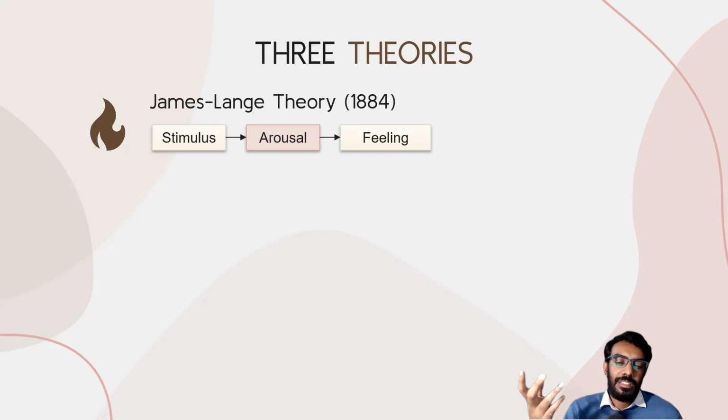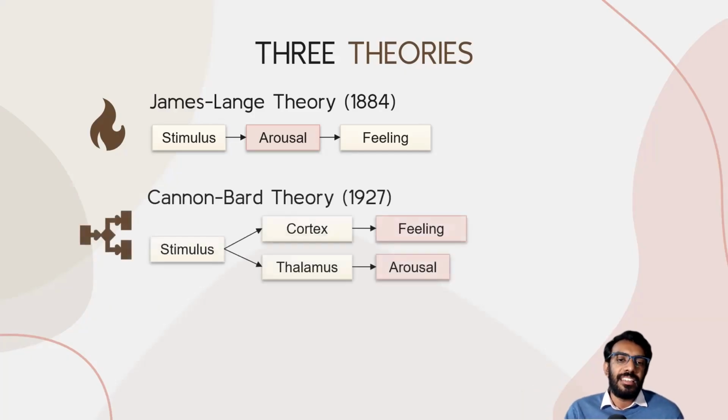One of the experiments that seems to disprove this is that if you inject adrenaline into somebody, it causes the entire physiological arousal that adrenaline does. It is norepinephrine or whatever. It activates your sympathetic system. But the person does not seem to feel afraid because of that. He just has an awareness of all of this arousal, but the feeling of fear doesn't really come to this person, right? So based on this, Cannon and Bard, Cannon was the main guy and Bard was his student, in 1927, based on a lot of animal experimentation, gave this theory of emotion, that is what we know as the Cannon-Bard theory of emotion.